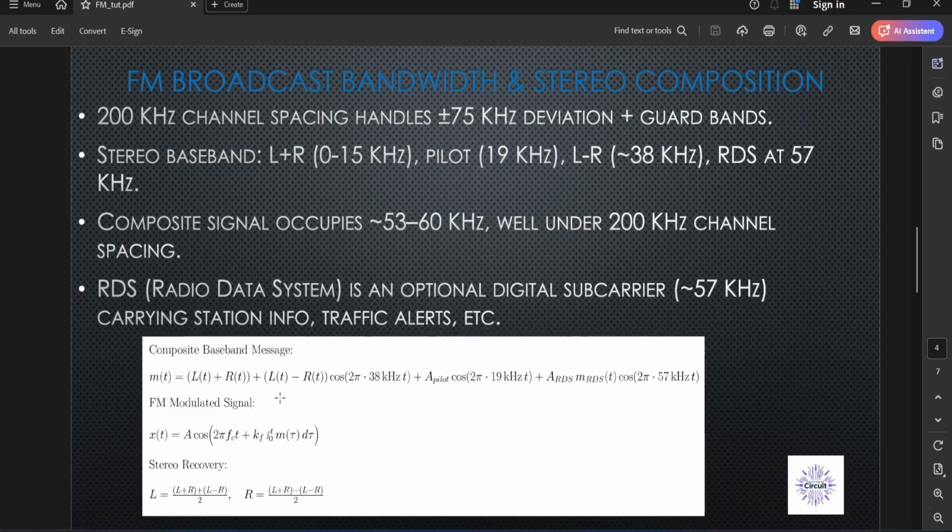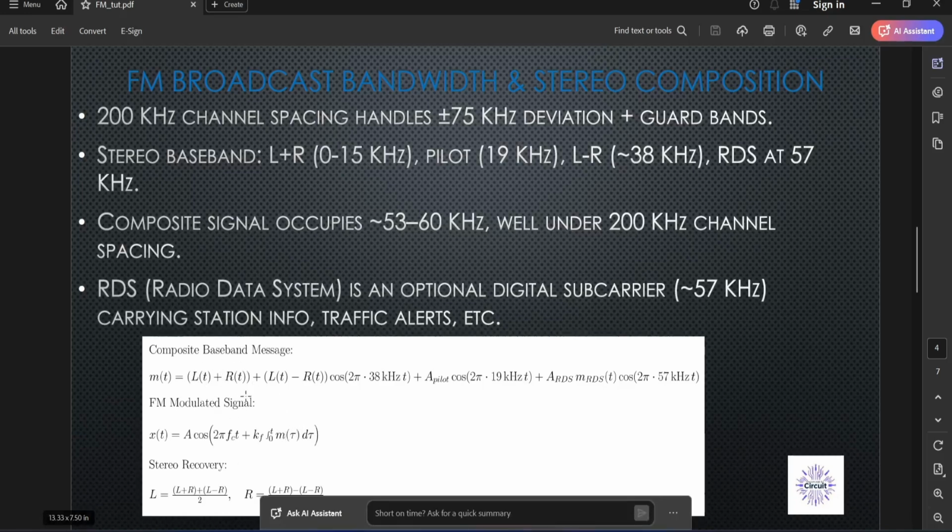Briefly, if the channel is a stereo radio, it means that they need to broadcast the left information, the sound that is played at the left speaker, and also the sound at the right speaker. So when you want to make a stereo play, you play L to the left speaker and R to the right. The way they do it is